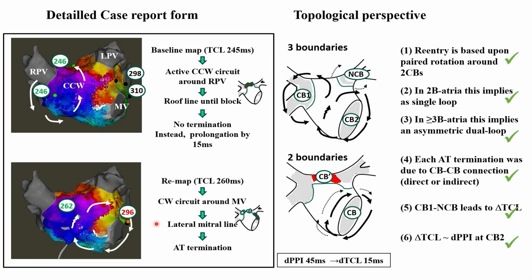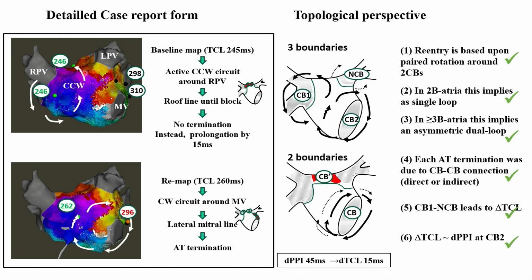And here you see one case. Again, it's the first paper, it's a retrospective analysis. This case was described as follows. You have a loop counterclockwise around the right veins. In that case, we did entrainment. It's not mandatory, but we did entrainment, and we had nice entrainment intervals suggesting that this was the active circuit, and we had black PPIs further away towards the mitral valve. So at that time, 5 years ago, it was interpreted as an active circuit around the right PVs.